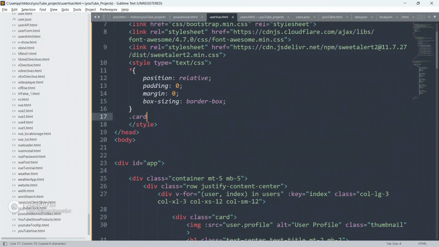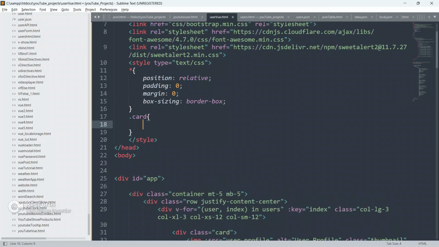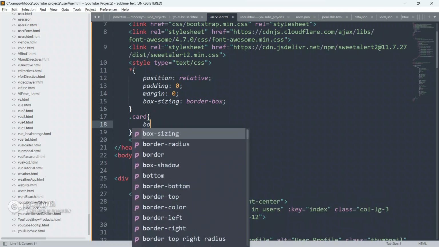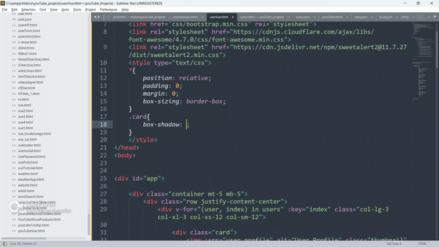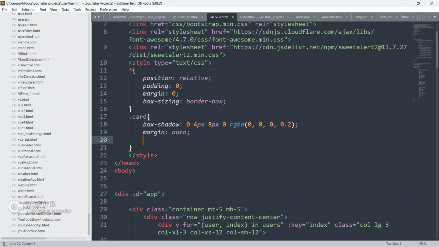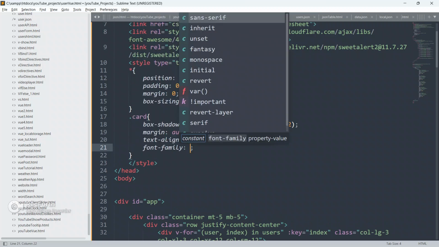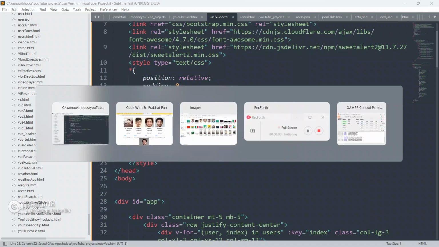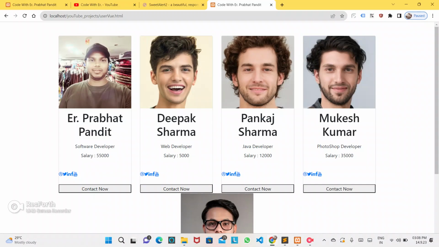Now I'm going to copy this card class from here and paste it here, and add box-shadow: 0 4px 8px 0 rgba, and change the opacity to 0.2. Then give margin as auto, text-align as center, and font-family as sans-serif.